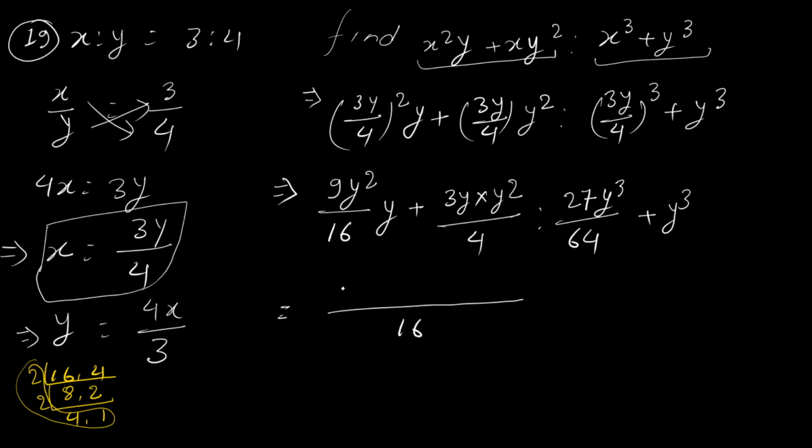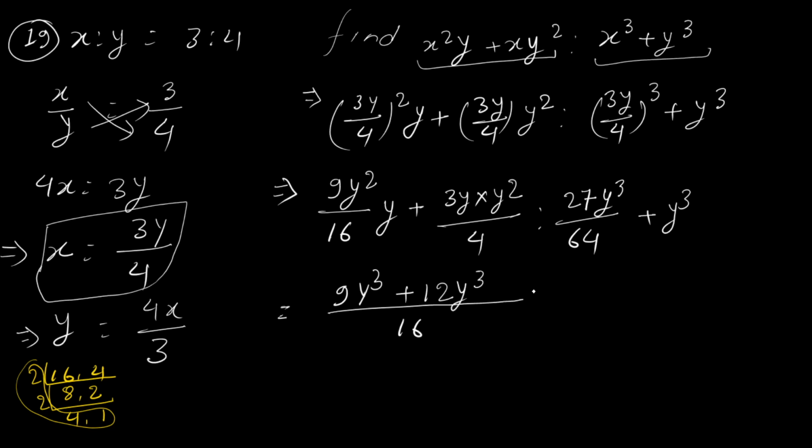So 16 divided by 16 is 1, meaning 9 y cube. How y cube, sir? y is there, y square is there, multiplied by y, so altogether y cube. Plus 16 divided by 4, how much? 4. And that 4 has to be multiplied with 3. So 4 3s are 12. Am I right? Right, sir. 4 4s are 16 and 4 3s are 12. y and y square, how much?